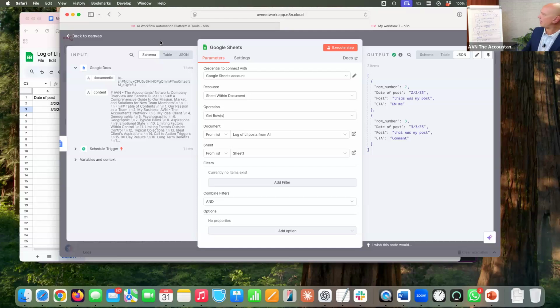Now, a bit that's not on my flow chart here is, what I'm conscious of is that in terms of repetition, we probably don't want it to repeat what it's done in the last maybe 2 or 3 months or so, but there's no harm in a very similar kind of topic being done after that time, because obviously people sometimes need to hear a similar message more than once. So what I want to do, and I mentioned earlier, you can't just get the last 20 rows or the last 50 rows from this, which I think is a shame. So it pulls all of them in, or 1 row.